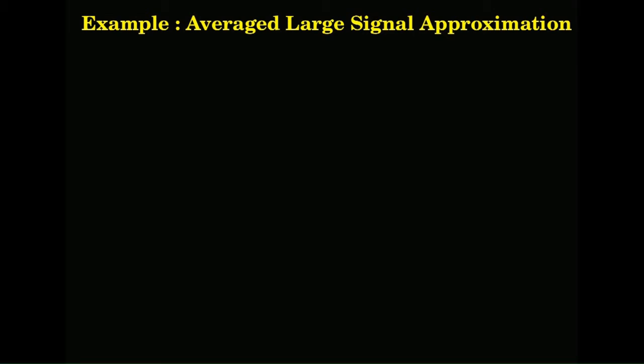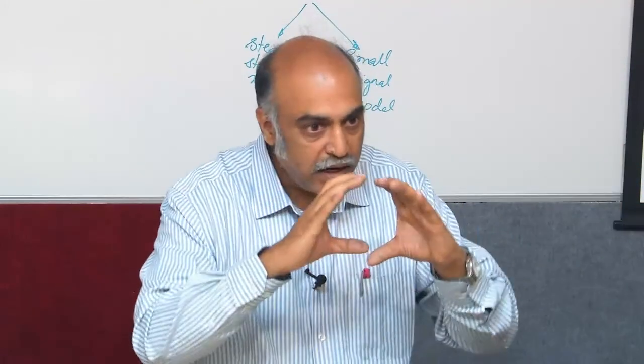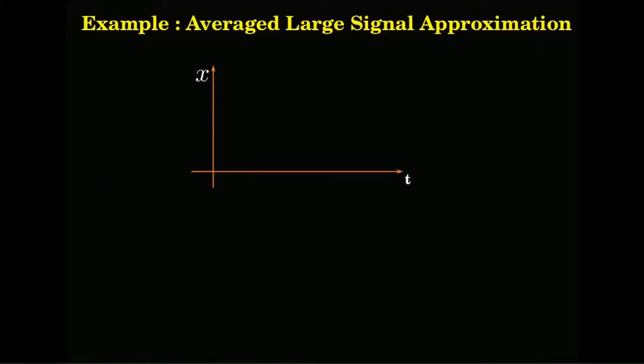This is needed for combining the various modes. You have split the modes into n modes, right, n mutually exclusive modes. Now, they are all separate bond graphs, they are all separate models, state equations, but what is the relationship between all this? We will have to combine them into one single model at every time interval, right, it has to get combined. So, that process is called the averaging, and that is called the average large signal approximation. Let us see that one.